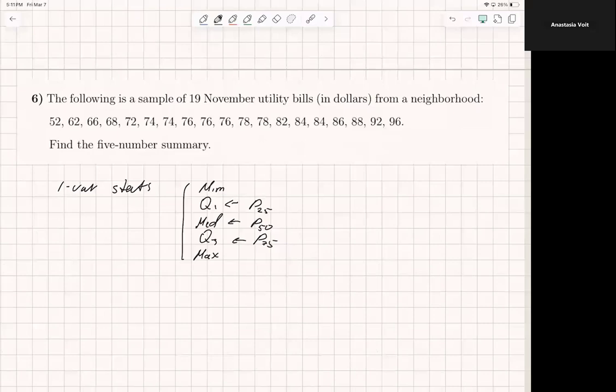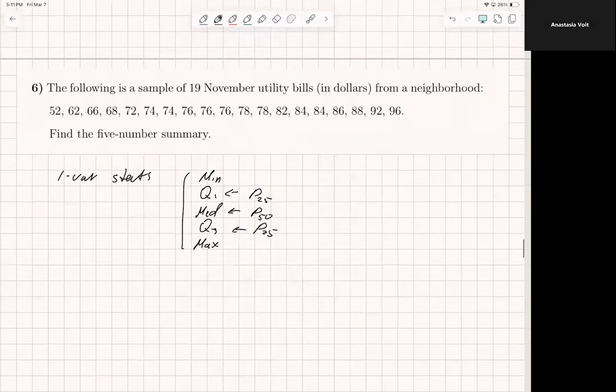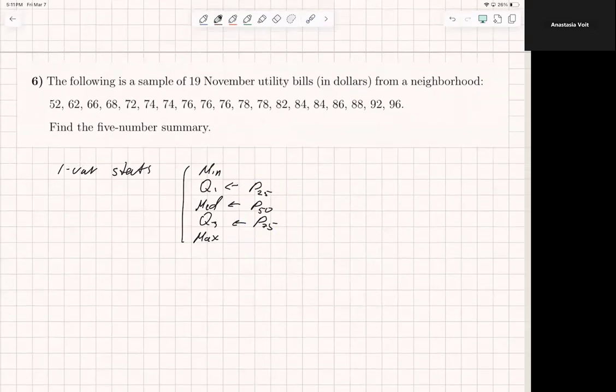So you can calculate those values also using the formula for the percentiles. Whichever you prefer, I don't mind any of those. So you can just calculate using the TI-84 and get the answers, or we can calculate it the old-fashioned way,